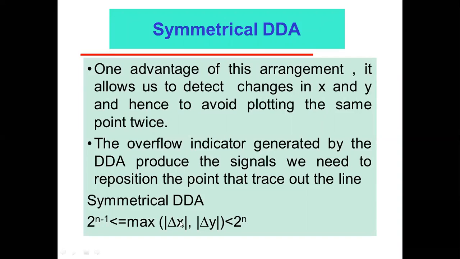8 is less than or equal to 9, which is less than or equal to 16, so this inequality will be true if n is equal to 4. Here the maximum value you are getting is 9. From where are you getting 9? You have the initial point (4, 5) and the final point (9, 10). You subtract the values and calculate delta x as x2 minus x1, and delta y as y2 minus y1. Then you have to calculate mod delta x. Mod means that if you get a negative value, it changes into a positive value.